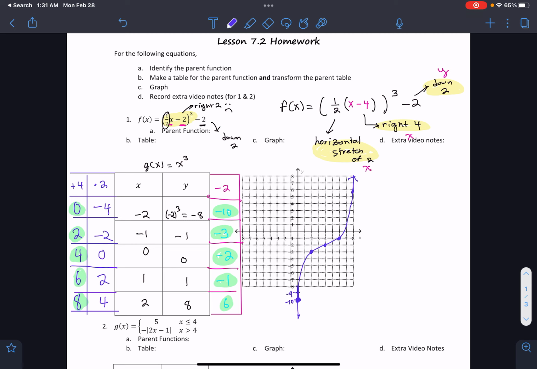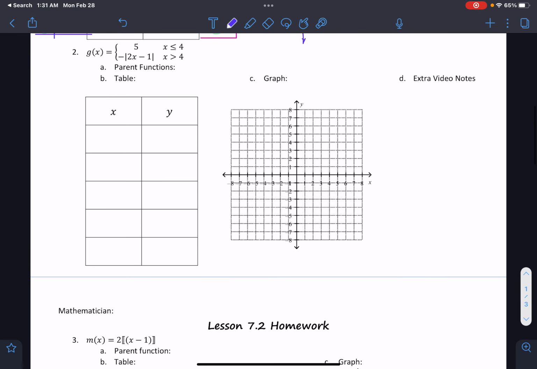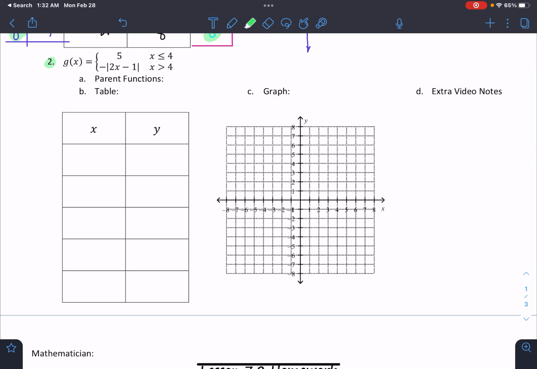We got one more question to go, and this time we're going to do something called a piecewise function. So what is a piecewise function? It's pretty much when you take different types of functions and you cut them up into different intervals. So here for number 2, sorry, I have no clue what happened there. For number 2, we have two functions here. We have g of x equals 5, and we have g of x equals negative the absolute value of 2x minus 1. So this is a constant function,